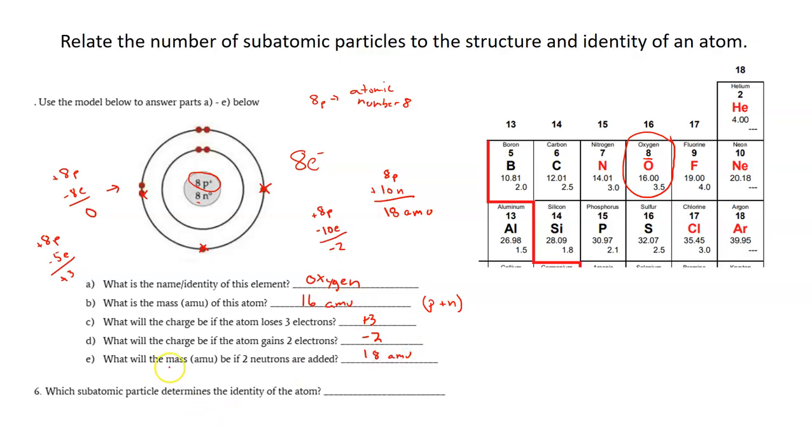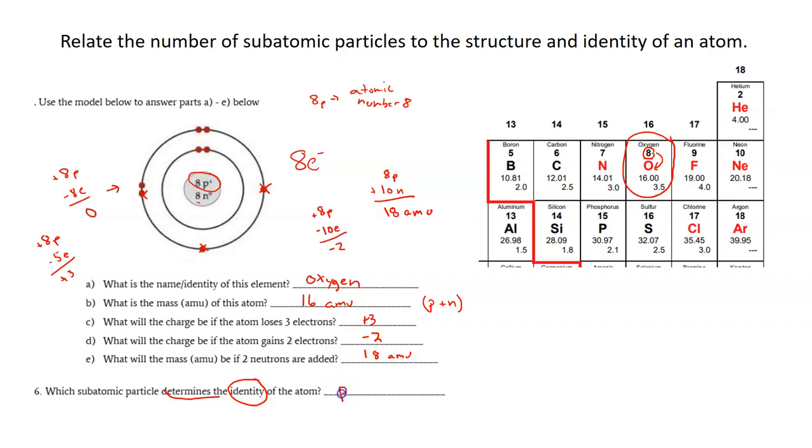And then it says down here, which subatomic particle determines the identity of the atom. And again, that is what we did to answer letter A here. It is the number of protons that determines the atomic number. The atomic number tells you what the element is. Okay, so that is the one thing that we have to remember. So in this activity, we learned about